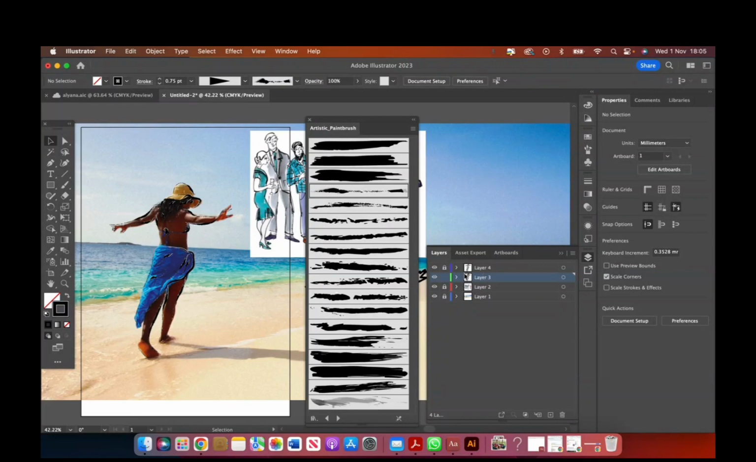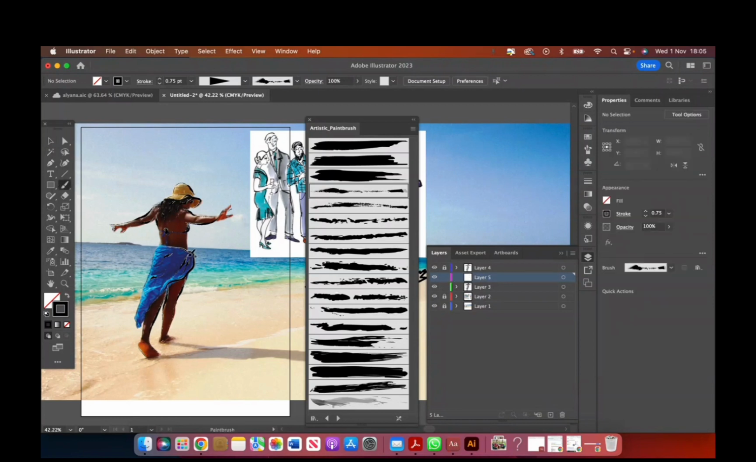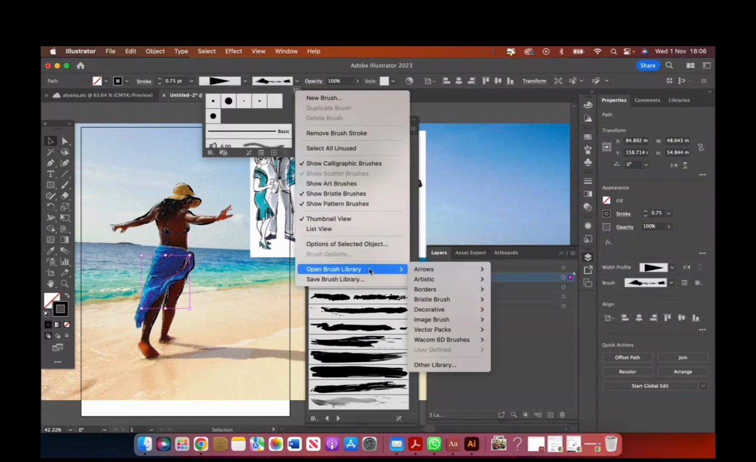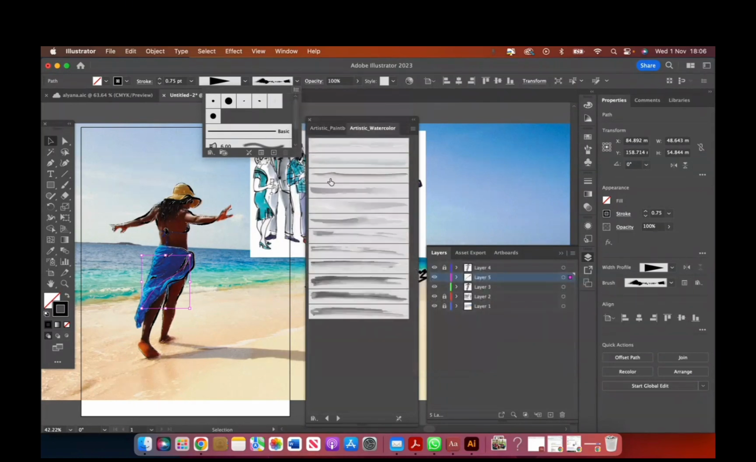So I'm going to lock that line layer, and underneath it I'm going to create a new layer, and still with my brush tool I'm going to pop in a stroke. But this time I might actually open up, let me just open the brush library, and I'll go into my watercolour brushes. Might be a bit of trial and error. I'm going to make it really quite